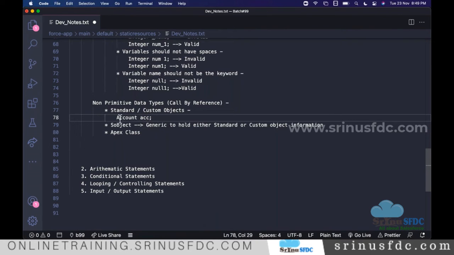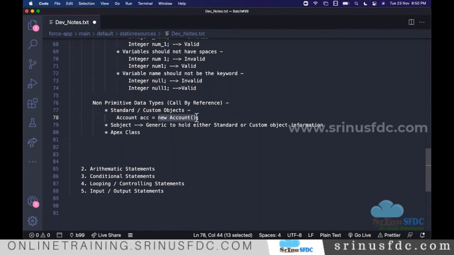So when we deal with any non-primitive data type, if you want to assign the value, for sure we need to allocate the memory by using the new operator. So new Account. This is like creating one row in the Account table. This creates one empty row.